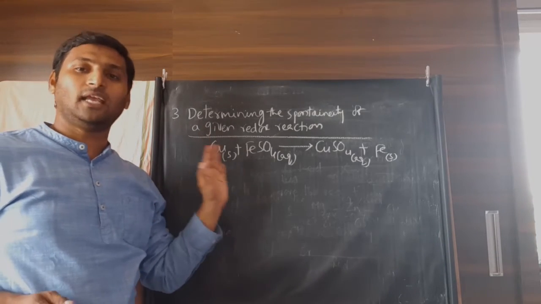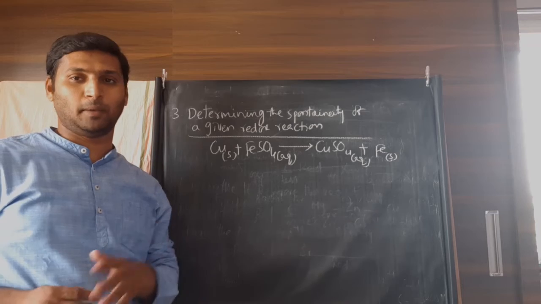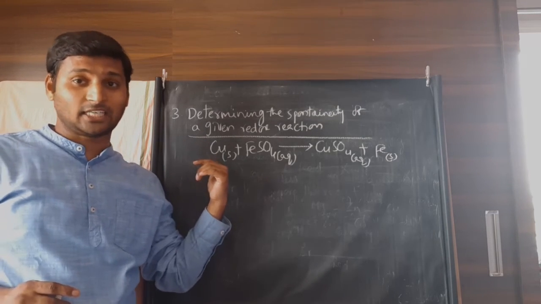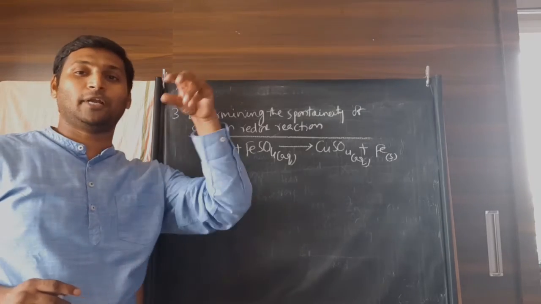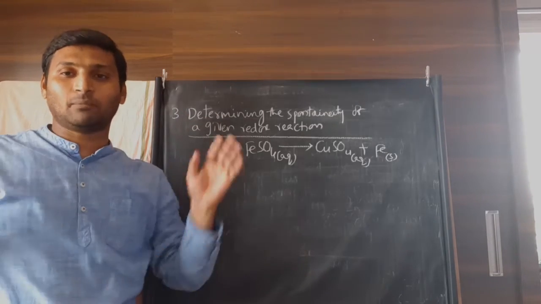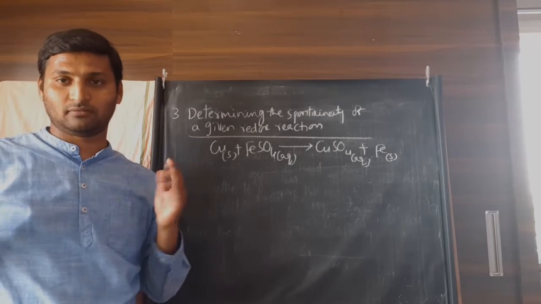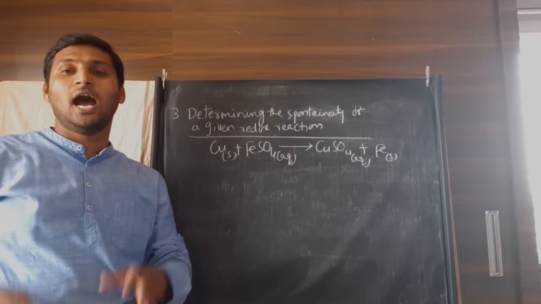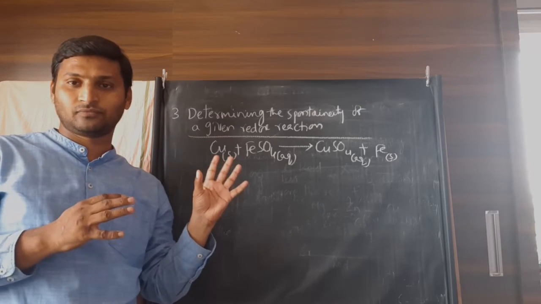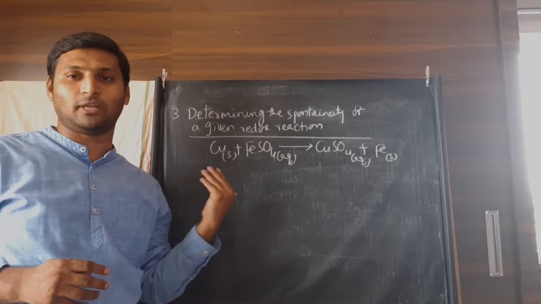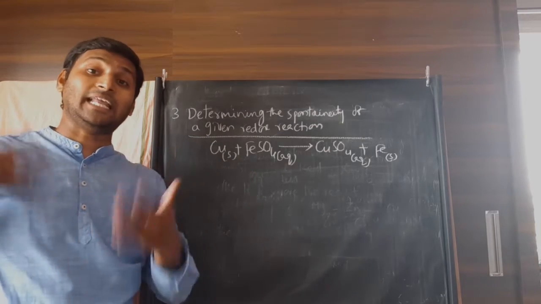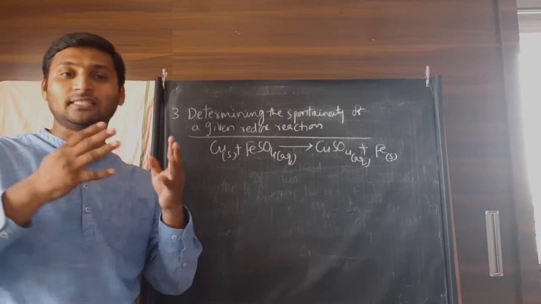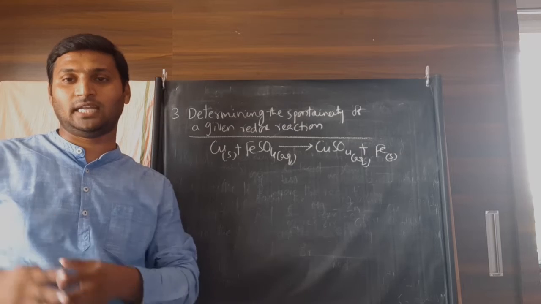Now, this looks like a very nice displacement reaction on paper, but you must have studied in your school that this reaction is not feasible. That means when you put copper into ferrous sulfate solution and wait for an indefinite amount of time, nothing is going to happen. Why? Copper being less reactive than iron cannot displace iron. How do we justify this? And similarly, this was a very easy and popular example, so you can recognize it easily. But for any other examples that you do not know, how do you recognize that it is non-spontaneous, or that a given reaction is spontaneous?